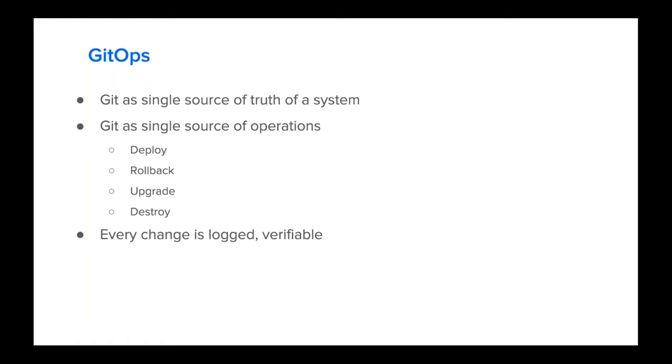So for example, if you want to roll back to your previous application, we just go to Git and change the image version for our image in the deployment and so on, and our application gets rolled back in our production environment. So this is a way of having a single state of the system and managing it with GitOps or with Git. And once everything is in Git, you can easily see that we could make a verifiable environment. We could check who did what and so on. That makes GitOps very popular.